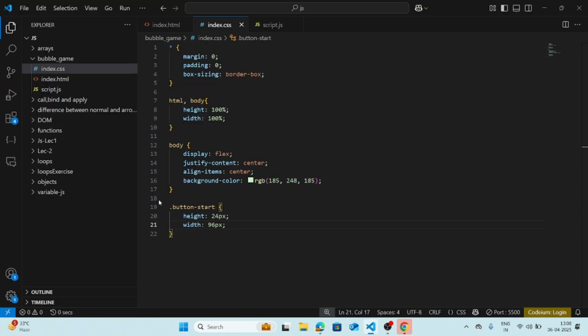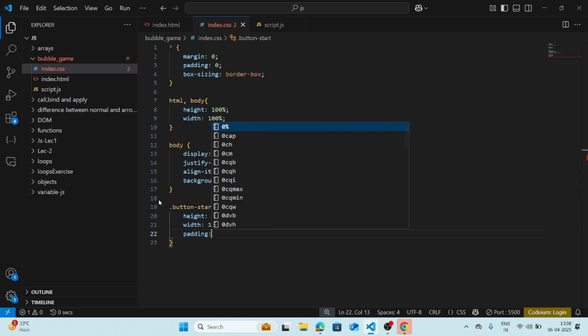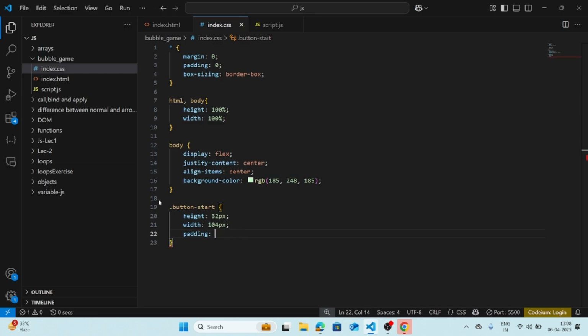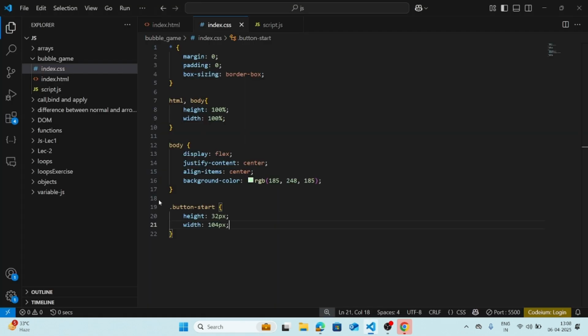Let me check it out. Okay, let me give it some more. 98, 100 px, and this will be your 28, 32 px. Padding, of course I need this padding 0 16. Let me check it out. No, I don't need padding for now, leave it. Let me check. Okay, it should be much bigger, but